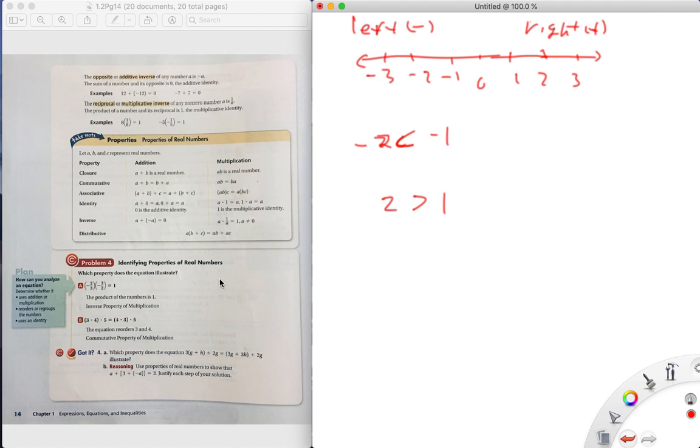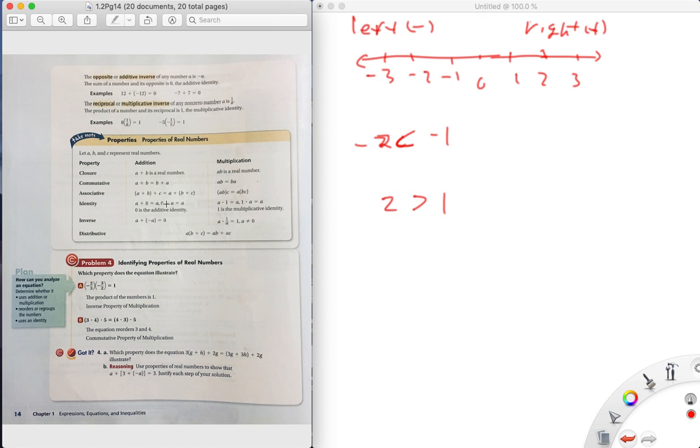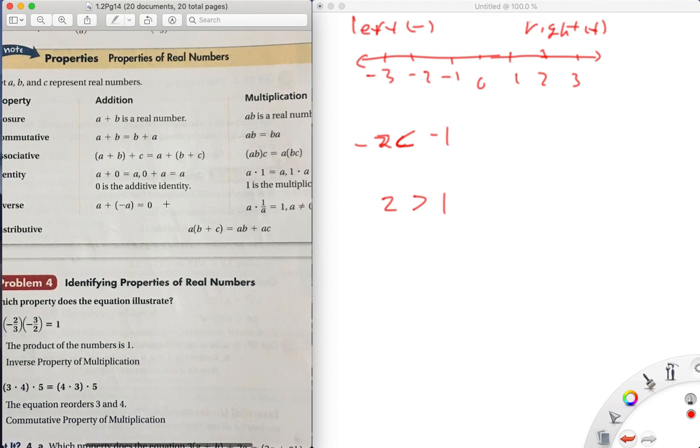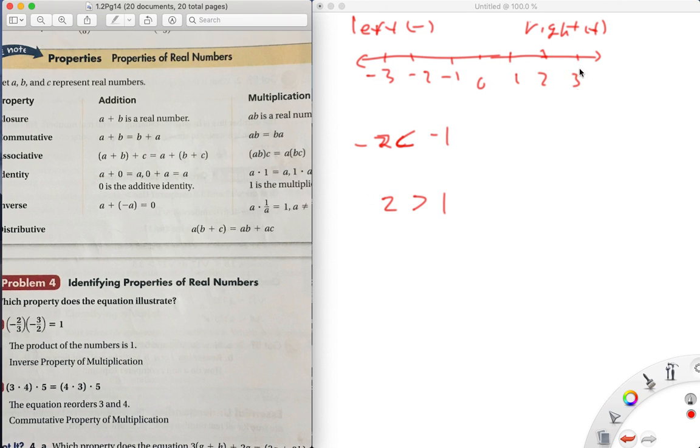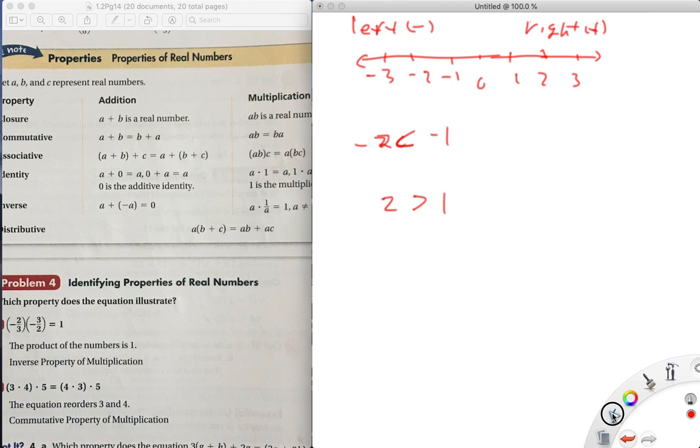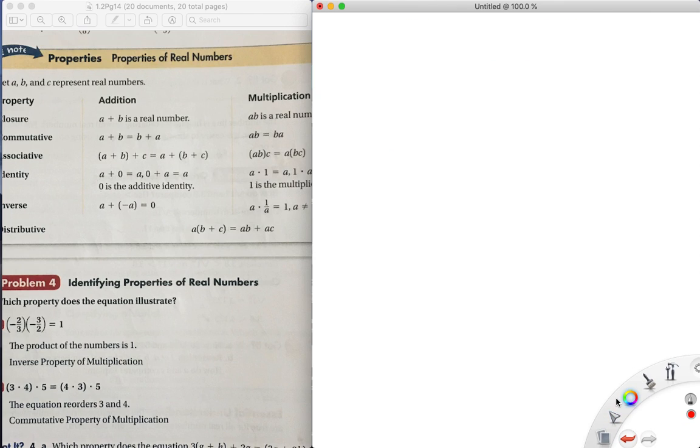Properties. Alright, so properties. The first one they talk about is the closure property. I'm not going to harp too much on the closure property, but what it says is that